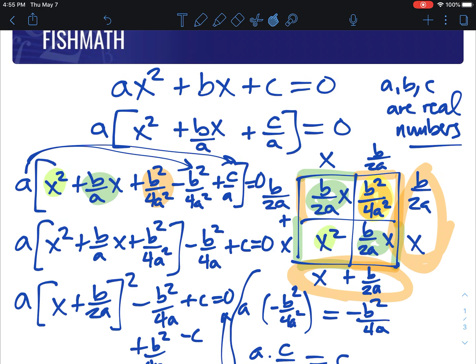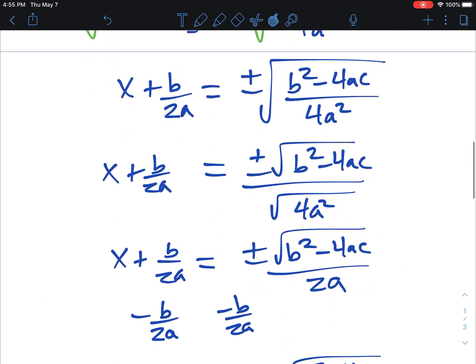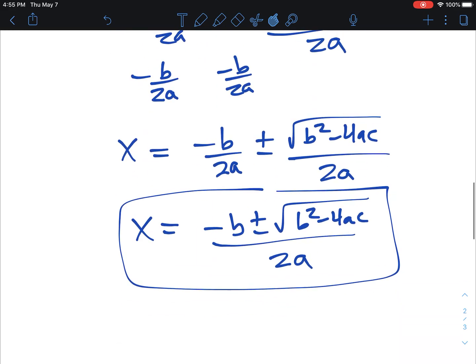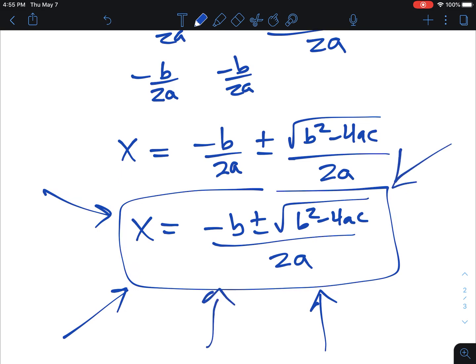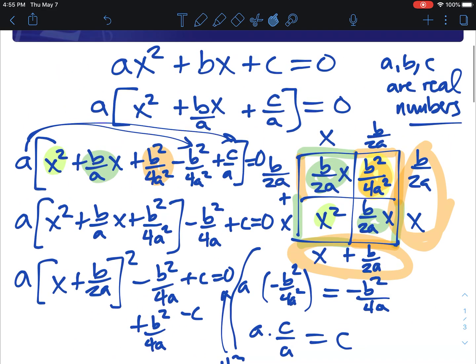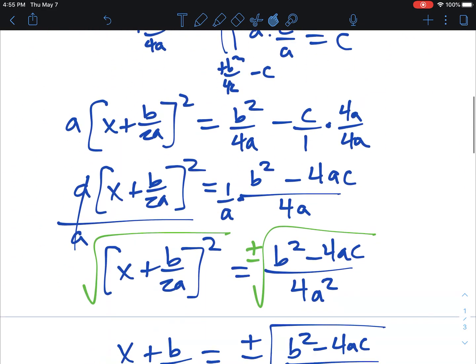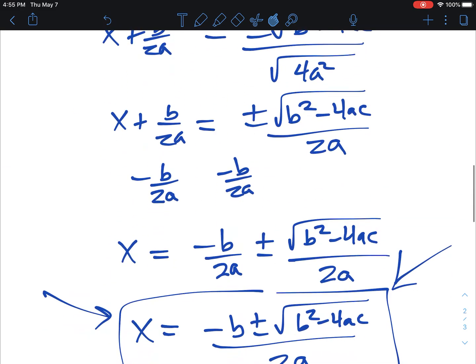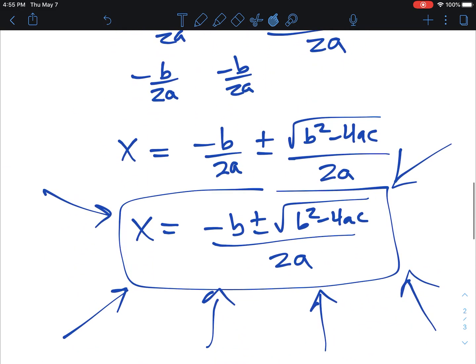So the short of this is, why do all this work every time? If this works for any a, b, and c, why not just use this really cool formula? Because it works for any quadratic, no matter if it's factorable or not. Just plug in your a, your b, and your c values. Once you've got it equal to 0, that's key, then you've got your answers for what x is, your two options. The plus or minus forces you to